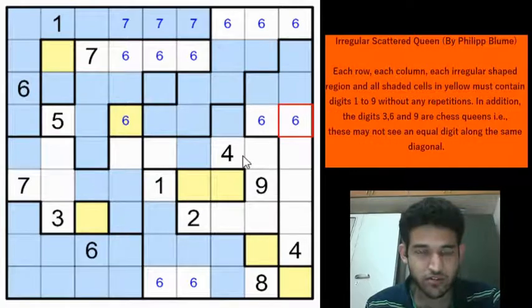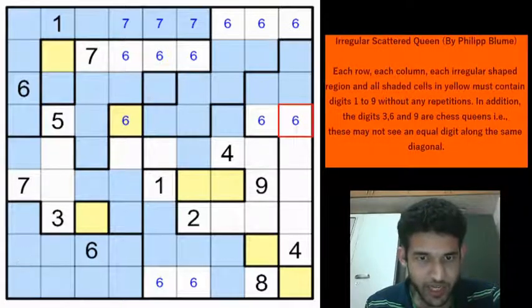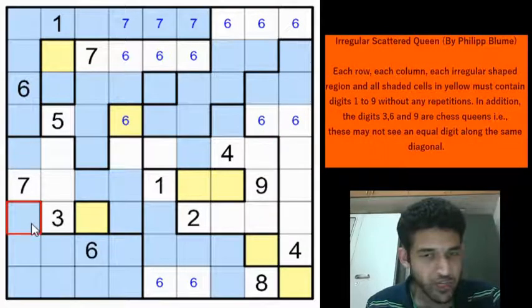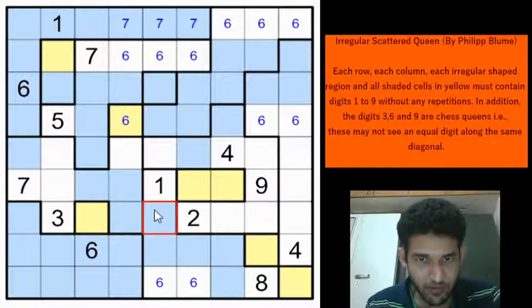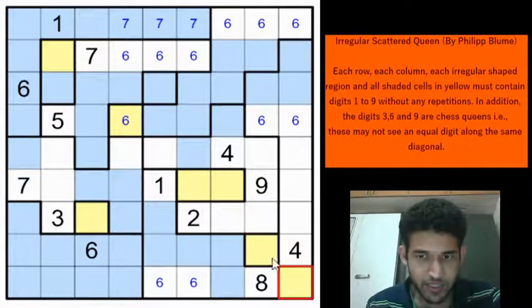Now we'll move back to the Sudoku and try to use the in-out property inside this grid as well. We see that between rows 7 and 8, if we draw an imaginary line, we are seeing exactly 3 cells which are going outside, because we have 2 regions in the last 2 rows. So there have to be 3 cells which come inside, and they have to be the same as these 3 cells.